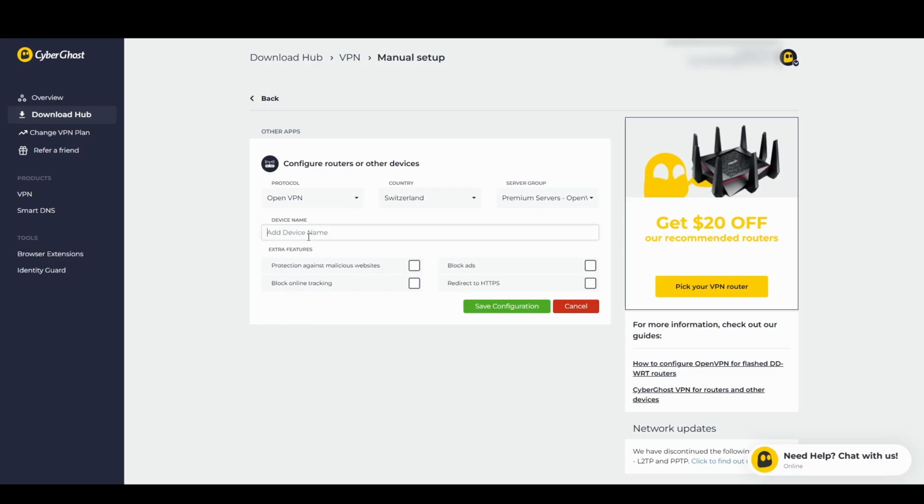And then you can give it a device name. I would give it Unraid. You can leave all of this blank. If you want to block ads by default, you can click this, or if you want any other options, you can check them, and then you have to save the configuration. I would not do it right now because I've already done it, so I would just hit back,